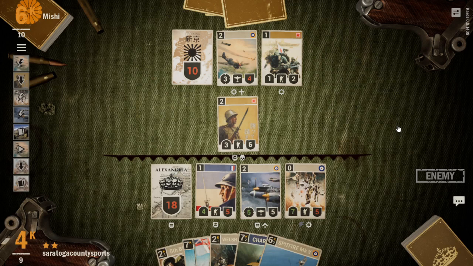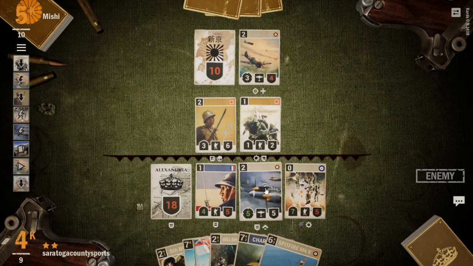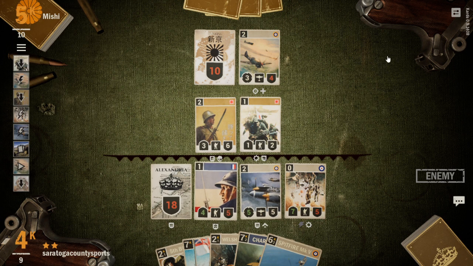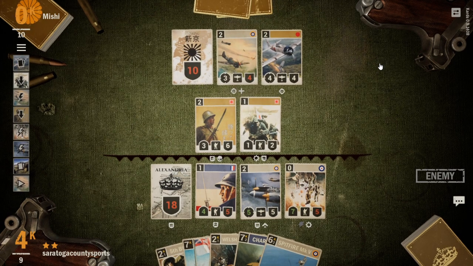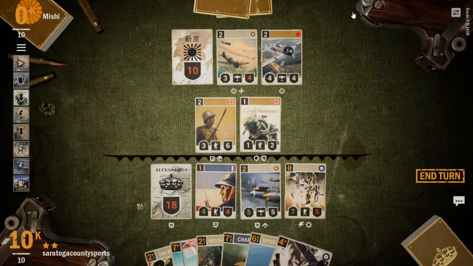Okay. We got another 5th Brigade too. We'll probably drop them down. Or the Welsh Guards. Okay, any target +1 defense. So we'll probably give our... just keep our lightning going. I mean, we'll let our opponent draw and just spike both of their infantry units here. Alright, 0. Okay, probably should have gone after our lightning with that one, but...